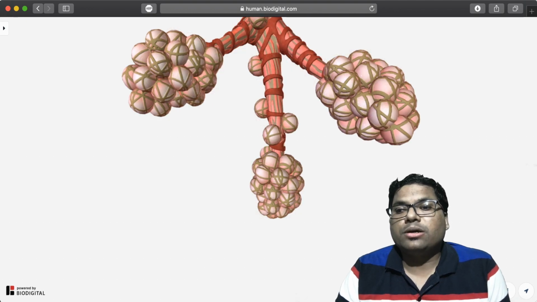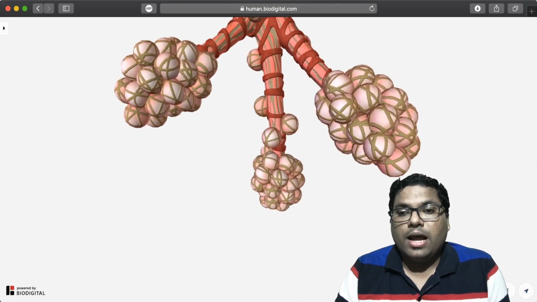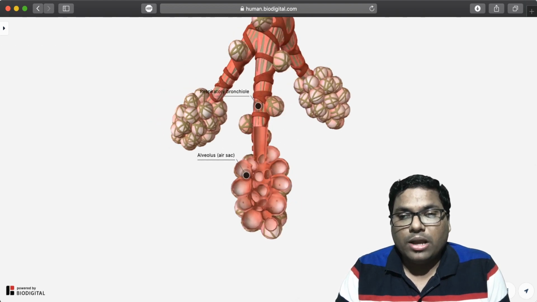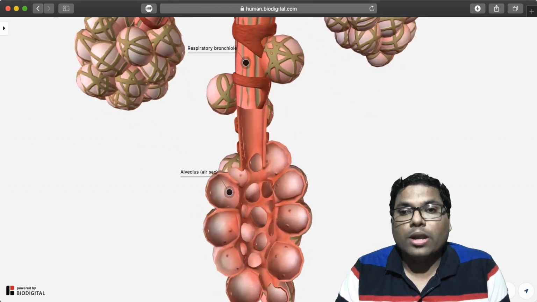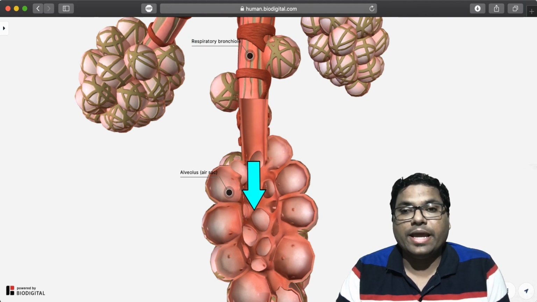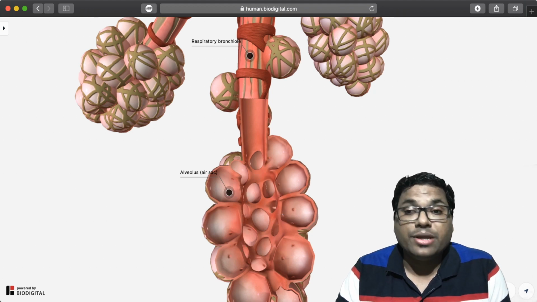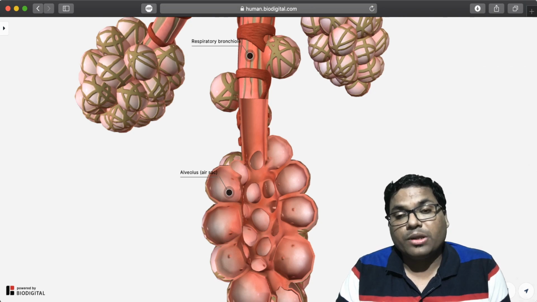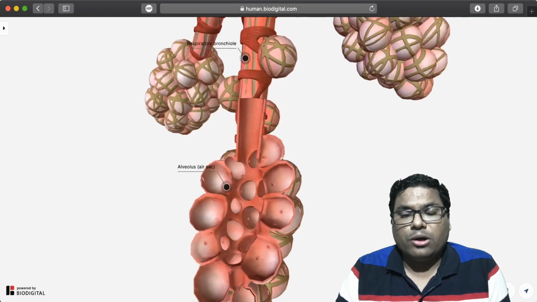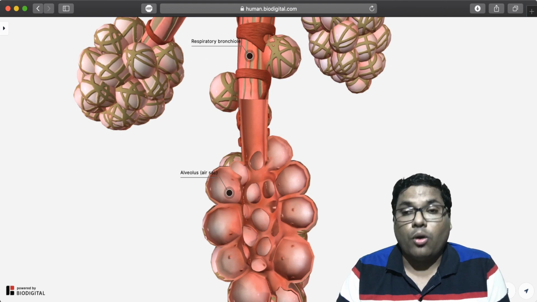As you can see over here, all of these have blood capillaries. And if you go to the section, you will see how the alveoli or air sacs look like. In the air sac, the air which is coming in when you inhale is getting dispersed, and through this air the oxygen is getting mixed into the blood vessel over here. As you can see, the blood vessels are all over the air sac, so the oxygen is getting mixed with the blood, and it is transported all over your body.